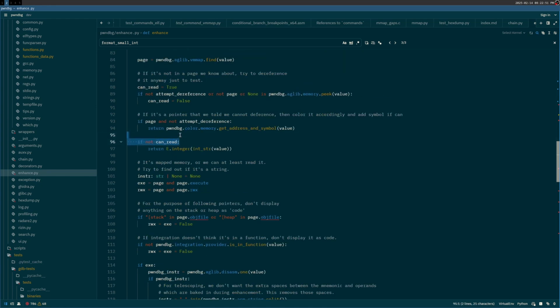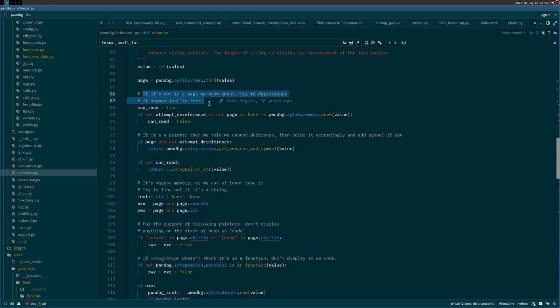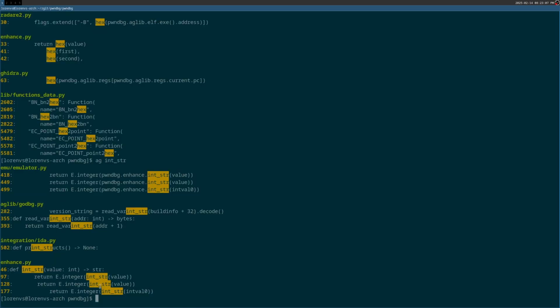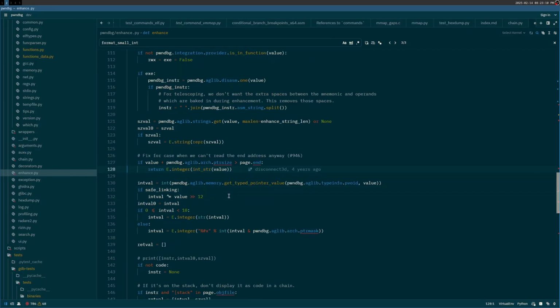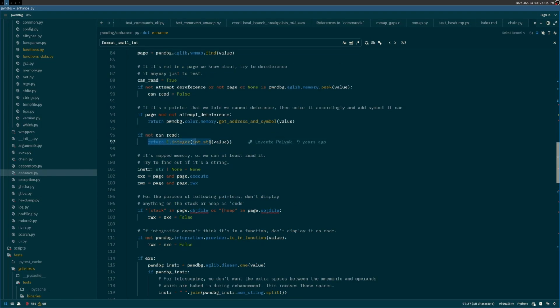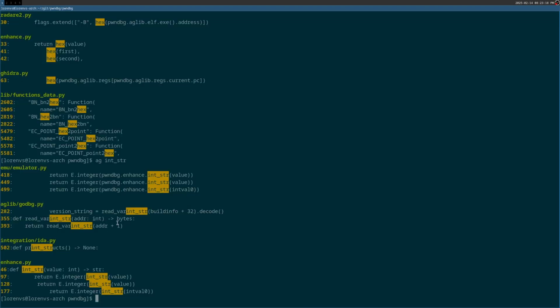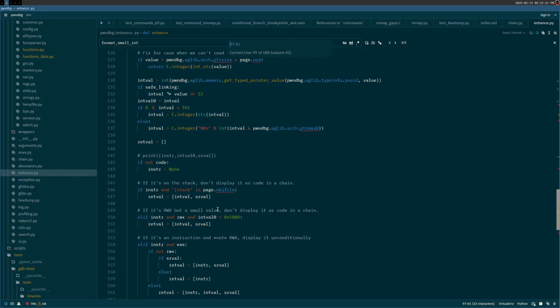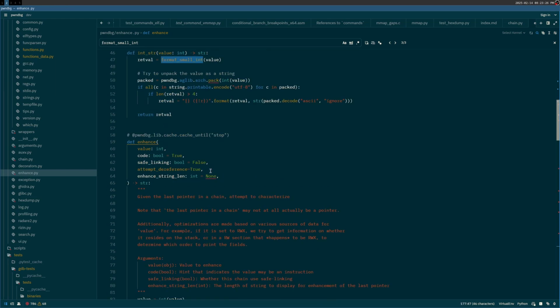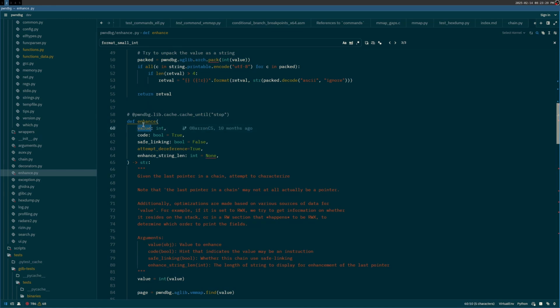No, I can't read. Okay. 128, same thing. 97, same thing. 177, same thing. So everything's just calling this enhance,